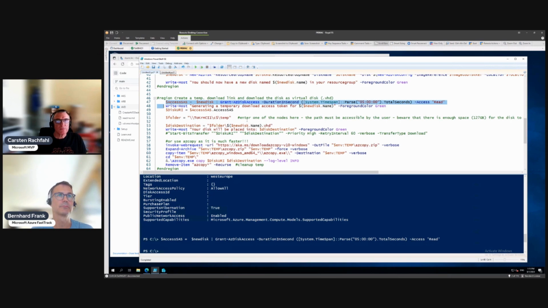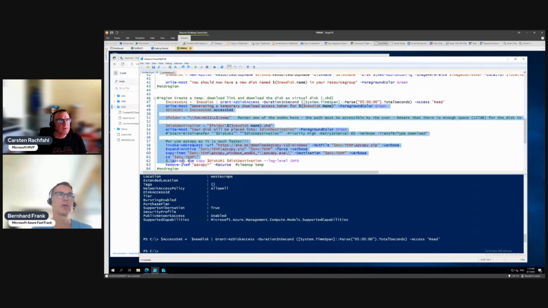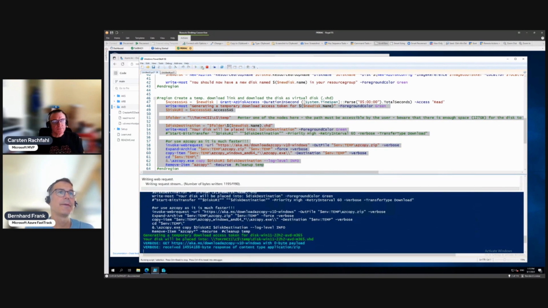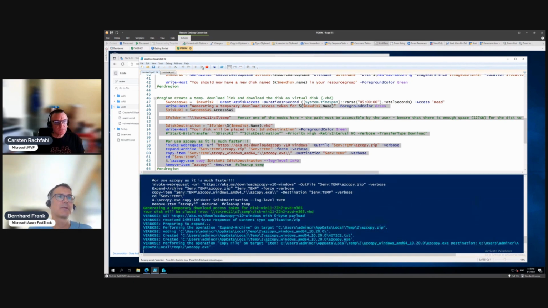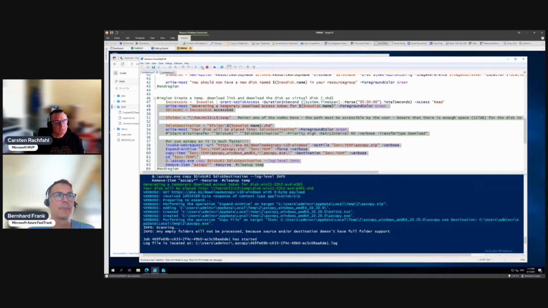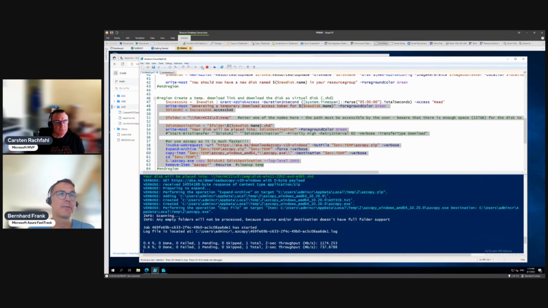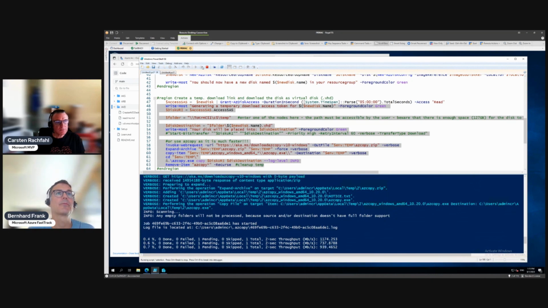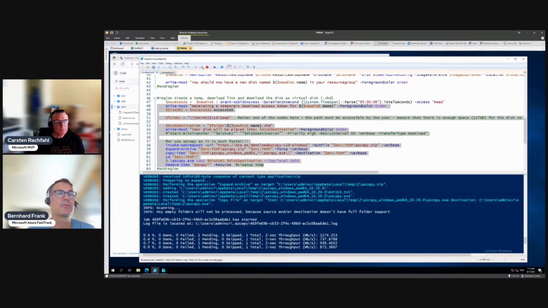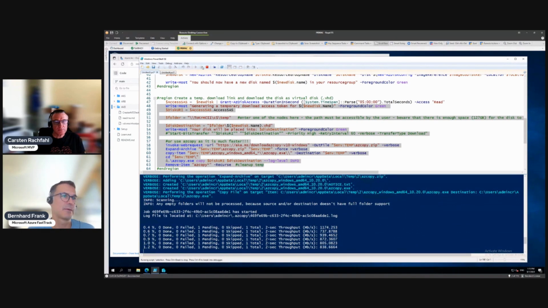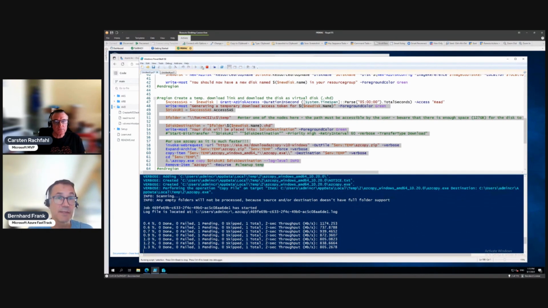Okay. And now we have it. I have to undo this. Yeah, copy the whole thing and execute it. Okay, good. So now it has the token, it has the URL. It will download AZ Copy on the temp directory. It will then instruct AZ Copy to download the VHD or the disk from Azure,